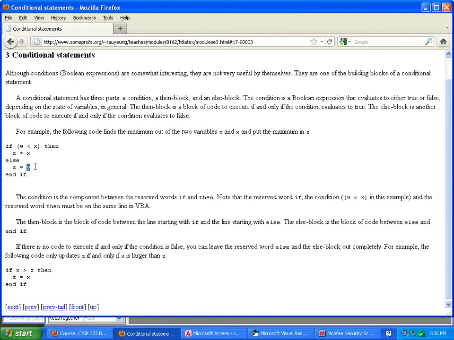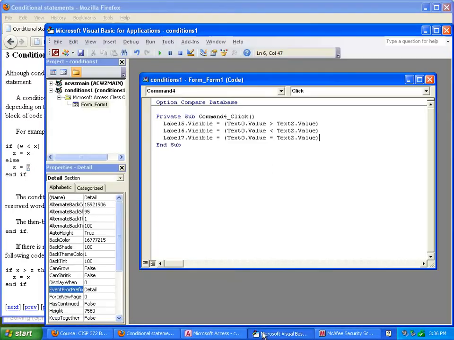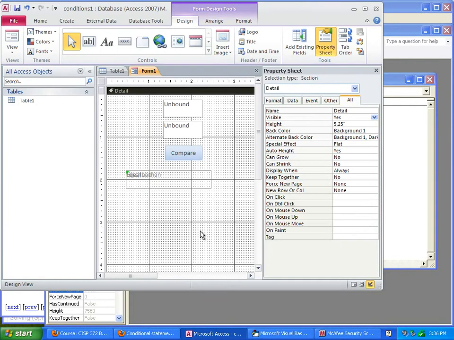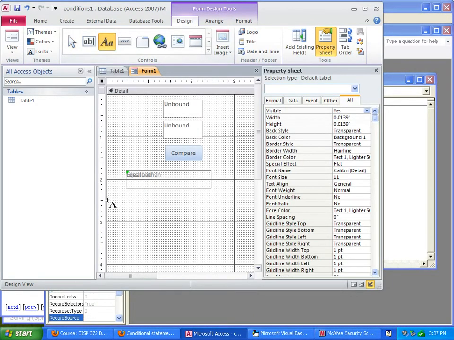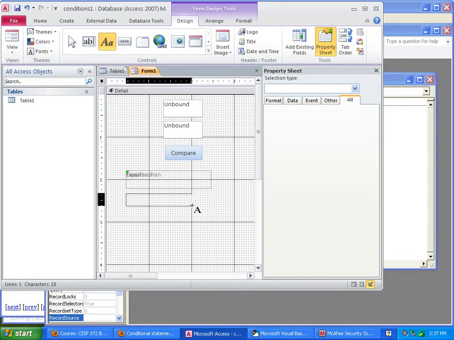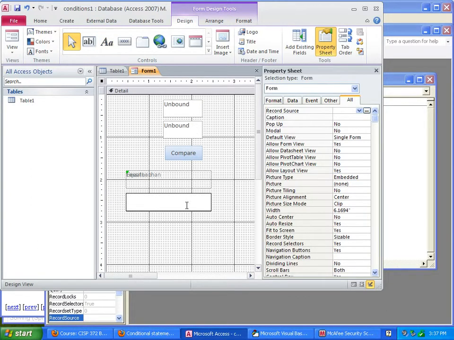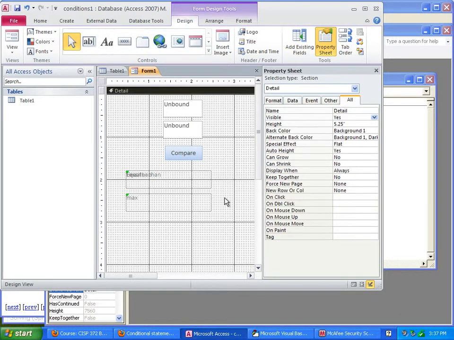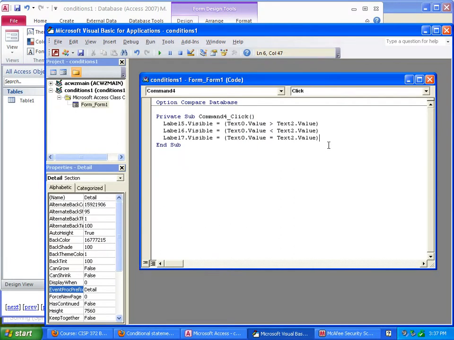Okay, so let's go ahead and incorporate this into our program that we have written so far. And this time, instead of using the labels to represent which one is larger, let's go ahead and use another label to become the maximum of the two. Let's do that by creating a label first. So here we have another label, and we want this label to display the maximum of the two values in the text boxes. So I just call this max here, and then we switch back into VBA, and we'll attach the action to the same